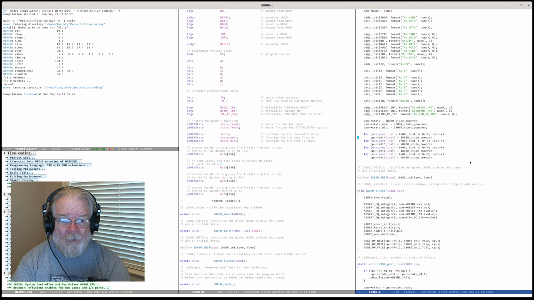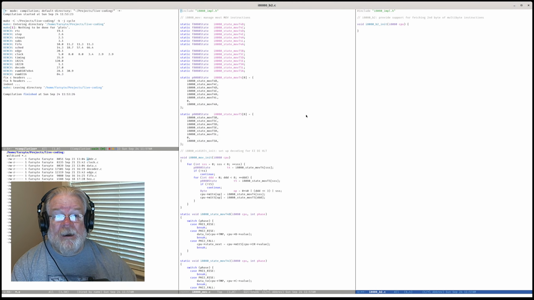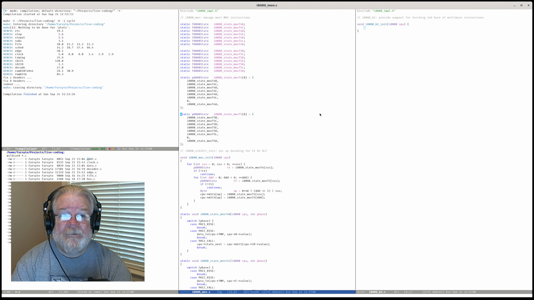Okay, so we need void I8080 B2 init. Now we are starting this off. We've got our tables that we defined here. So we're going to say that if you have a B2,